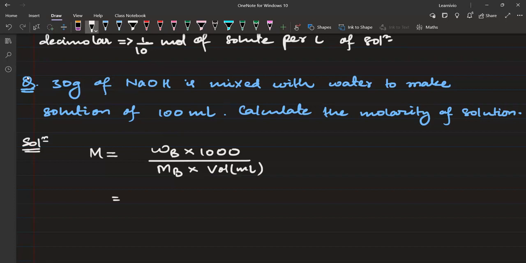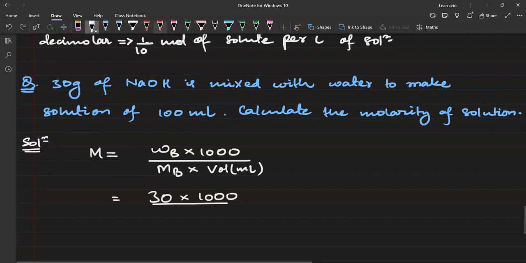NaOH. ठीक है, तो 30 ग्राम्स. 30 into 1000 by molar mass of the solute. M_B will be what? M is molar mass, B is for solute. ठीक है, तो molar mass of solute will be,